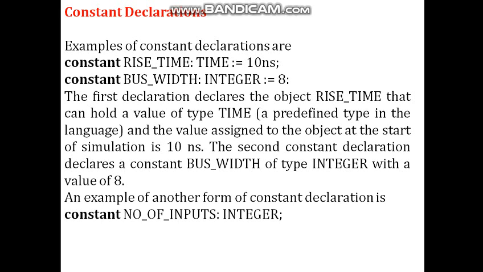The third one is the constant declaration. When we go towards the object declaration, there is the term constant declaration. Constants need to be defined before they can be used in a model. A declaration simply introduces the name of the object, defines its type, and maybe gives it an initial value.